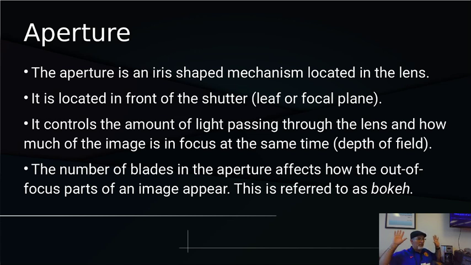Okay? Anyway, the other thing that the aperture controls is the lens's ability to render the out of focus parts of the image, and this is called bokeh. The more blades an aperture iris has, the rounder the circle it makes, the more pleasing a bokeh it has. And that also has something to do with how the lens elements are arranged. But some lenses are known for their wonderful bokeh. Like, for example, the Nikon